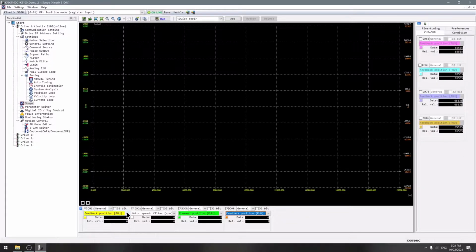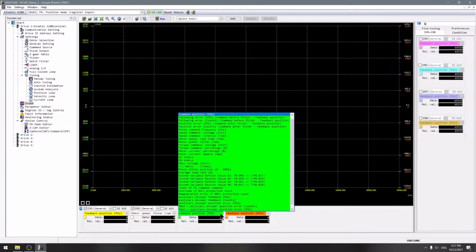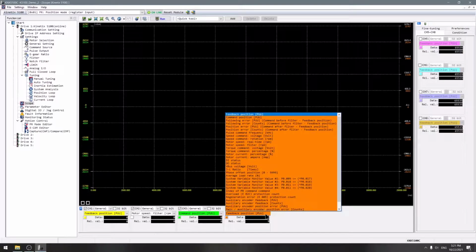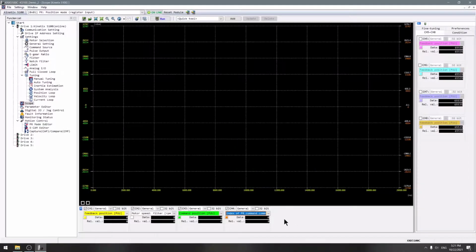I'll look at my feedback position, which is where I'm located, my motor speed, and my command position to see how tightly I'm following my feedback position. And I think I'll also look at the index PR command, to see which PR numbers I'm following. So I'm going to run this,